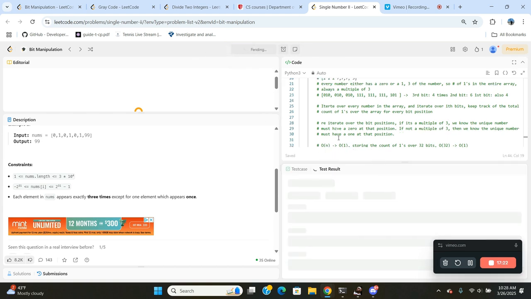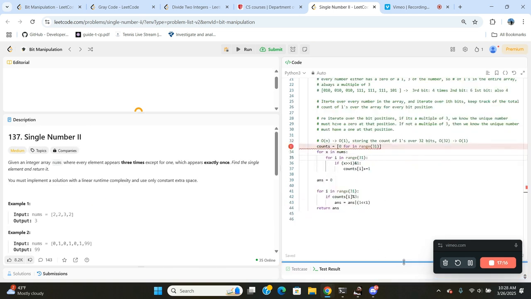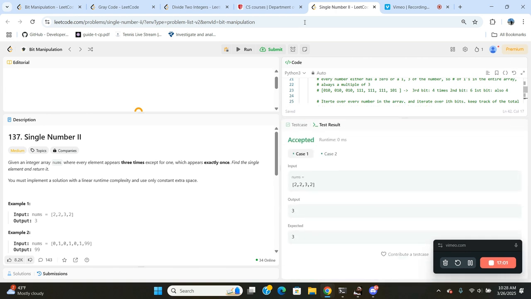So, oh yeah, overall, counts is equal to, why is that? Oh. For this in range 31, for x in nums, for I in range 31, if x right shifted I, counts I plus equals 1. I don't think I'm doing anything wrong, and so far it looks like it's accepted. So,